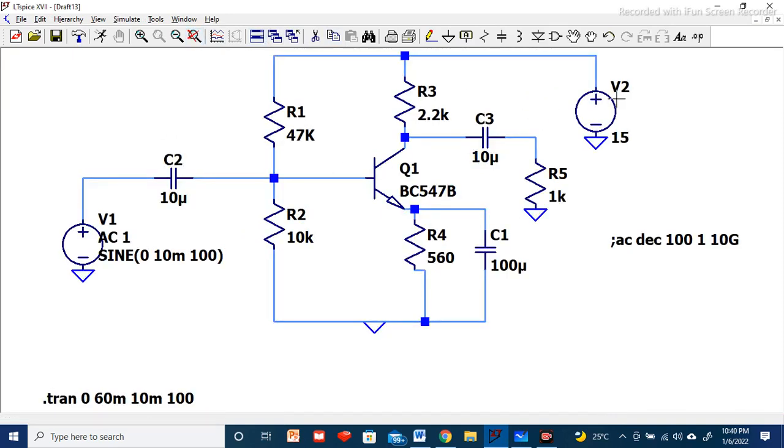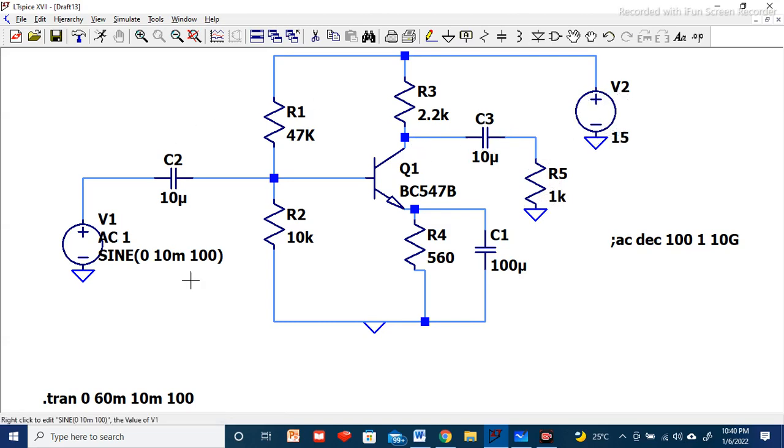So as we can see here, we have one transistor, R1 of 47 kilo ohm, R2 of 10 kilo ohm, R3 of 2.2 kilo ohm, R4 560 ohm. Input capacitor and output capacitor I have taken standard 10 microfarad, and emitter capacitor I have taken approximately 100 microfarad. From 100 to 1000 microfarad we can take it. It will stabilize the amplification. Okay, we can get much better result and little bandwidth enhancement. By changing the values we can verify. Load resistance I have taken 1 kilo ohm, across which I am going to show you the output. VCC, as I have told, it was 15 volt.